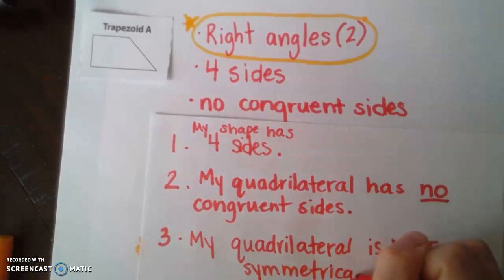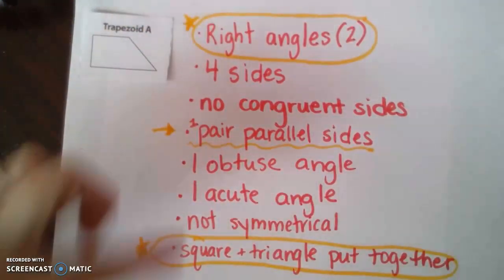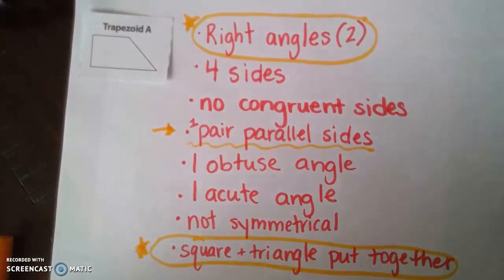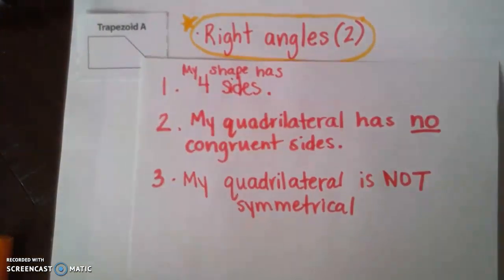Now, this last clue, you want to choose one of your dead giveaways. You want to give one that will narrow it down. Okay, so I think I'm going to choose this first one, that it has 2 right angles. Okay, so my